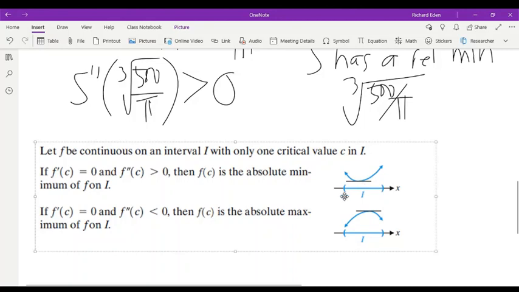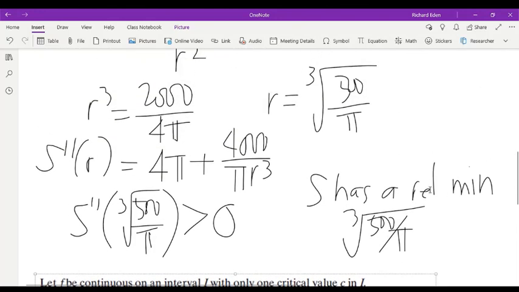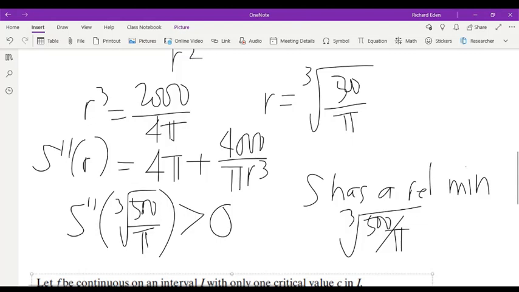Ditto for the second situation, f double prime of c is negative, so you have a graph which is concave down, so therefore at c you have a relative maximum, but because there is no other critical number, the descent of the graph to the left and the right cannot be reversed because there is no other critical number where you could make that change in direction. So therefore, if we go back to our problem, s has a relative minimum at our sole critical number, and because of the fact that